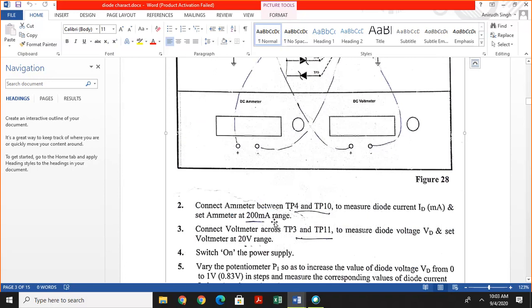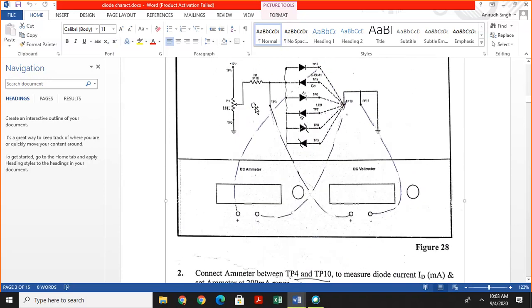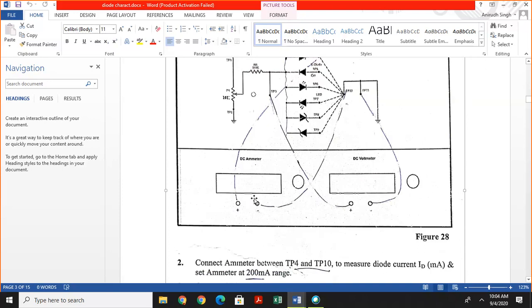After setting these ranges, we switch on the power supply, and by this knob we start increasing the voltage across the silicon diode. When we increase the voltage across the diode, the voltage is measured by the DC voltmeter, and the current through the diode is measured by the DC ammeter, and